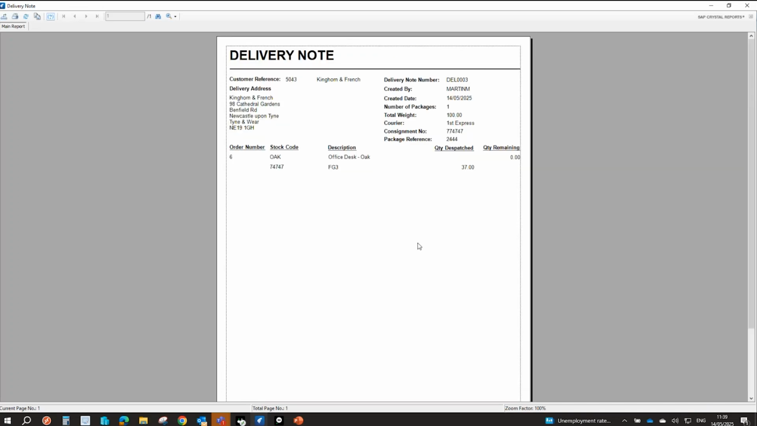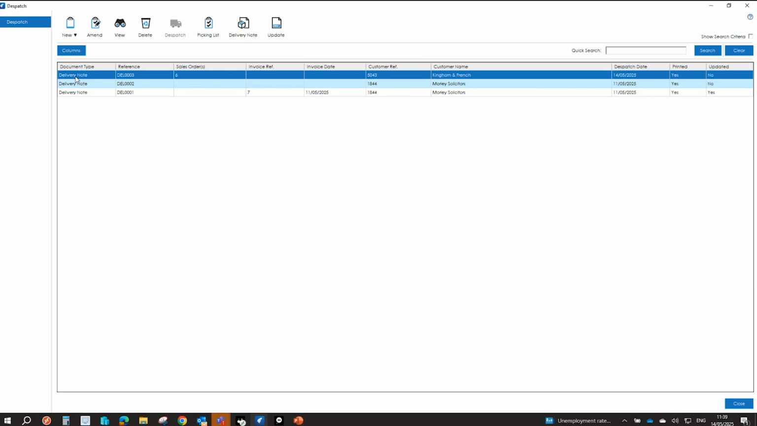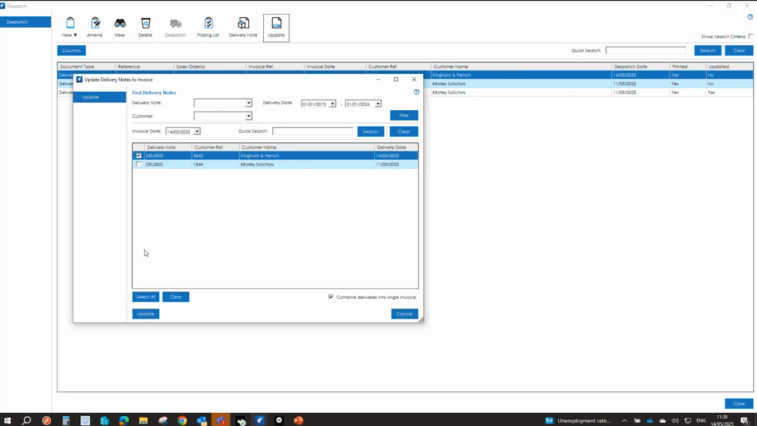A picking list would look pretty much identical to this, but it's a picking list at the top. This can again be laid out how you want it to be laid out. And that's now converted to a delivery note. What we can also do is update that to an invoice, but before that, we'd still have the ability to amend that delivery note. So we've put an additional control point in here. If I do then update that to invoice,